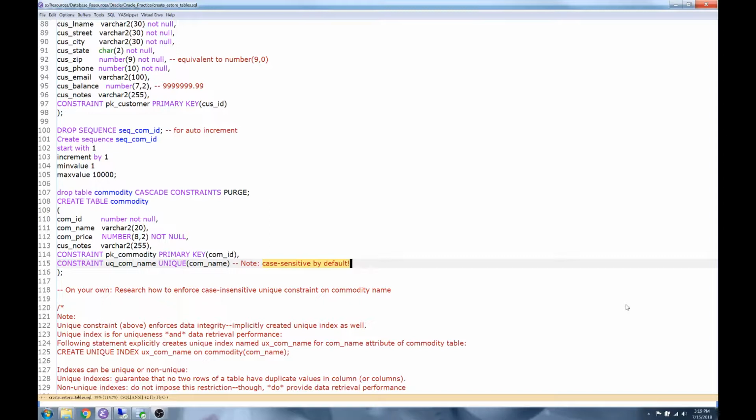Just because it's unique doesn't mean that Oracle is going to catch it. Oracle will only catch it if it is spelled exactly the same way. Now, there are workarounds to this, but they're not easy workarounds, unfortunately. So just remember, when you use a unique keyword, that means it is case sensitive. So what you could do on your own is do some research on how to enforce case insensitivity when using the unique constraint. So if there was a commodity name spelled differently, uppercase, lowercase, camel case, whatever, that it would catch that. You'll find that there's a couple things that you can do, but